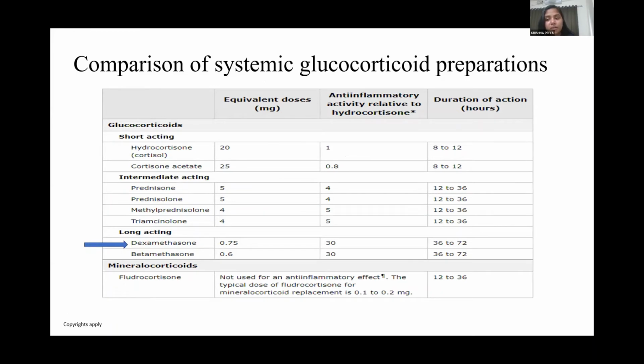Comparison of systemic glucocorticoid preparations. So we can see there are short-acting glucocorticoids, intermediate-acting glucocorticoids, and long-acting glucocorticoids. Looking at the anti-inflammatory activity relative to hydrocortisone, we could see that the maximum anti-inflammatory action is for dexamethasone and betamethasone compared to other glucocorticoids, and fludrocortisone, which is a mineralocorticoid, does not exert any